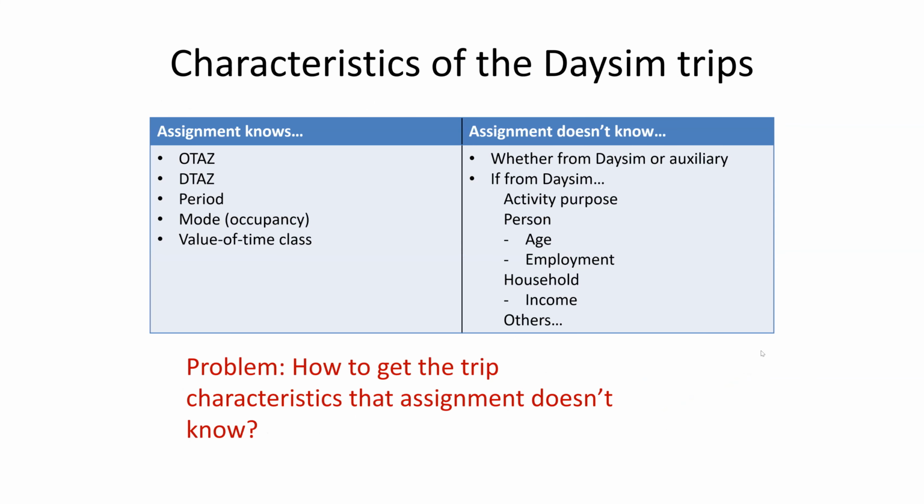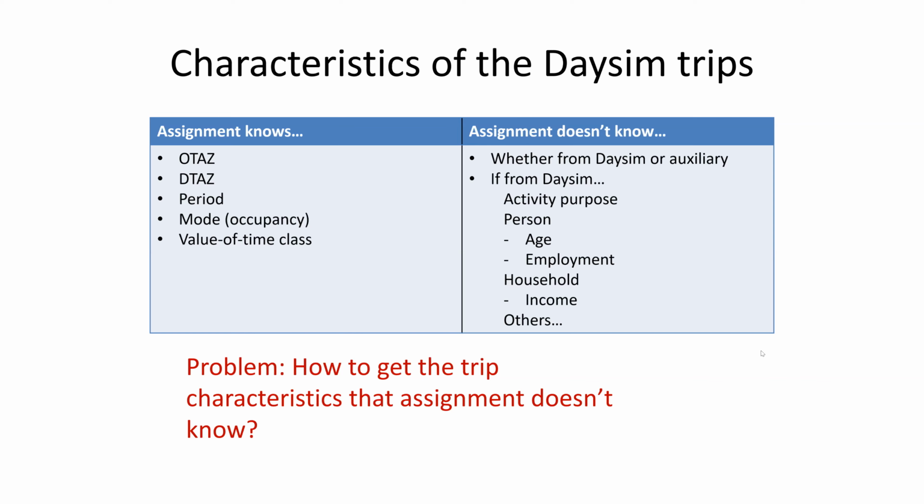So the assignment knows basically 5 things about trips: the origin and destination TAZs, the period, the mode or the occupancy, and the value of time class. And these are the characteristics that uniquely determine the path choice. But it doesn't know,